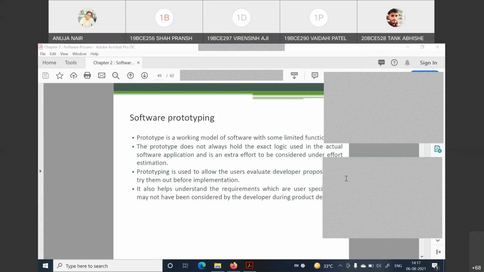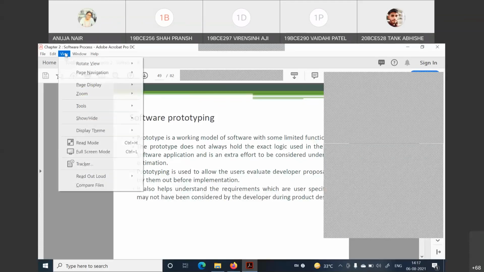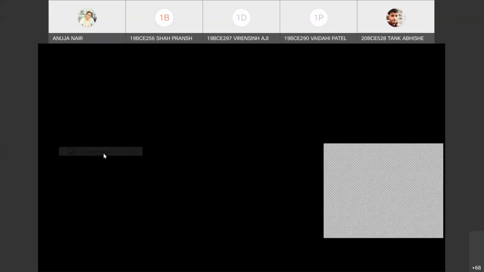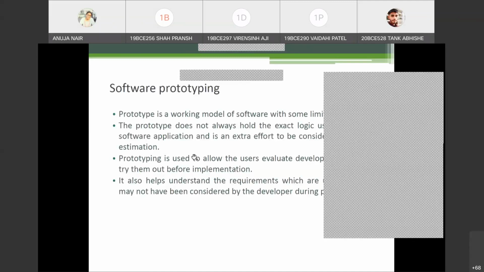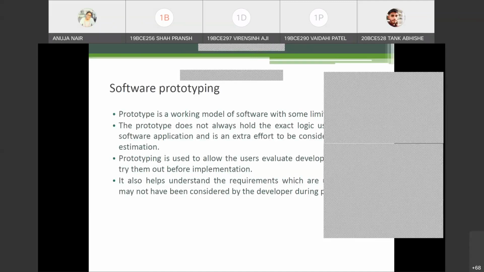So what was the advantage in the incremental model? Can somebody tell me? What was the advantage in the incremental model? What we used to do in the incremental model? Okay, so Smith is telling phase-wise work. So I would say increments, right? We used to take out multiple increments. Basically, you need to divide your requirements in such a way that high priority requirements are taken out in the first increment, and then so on, right?